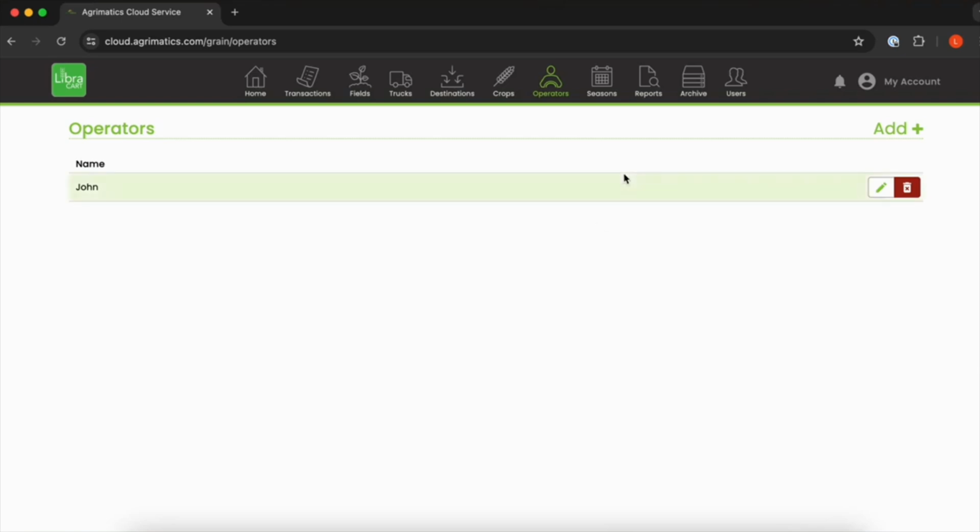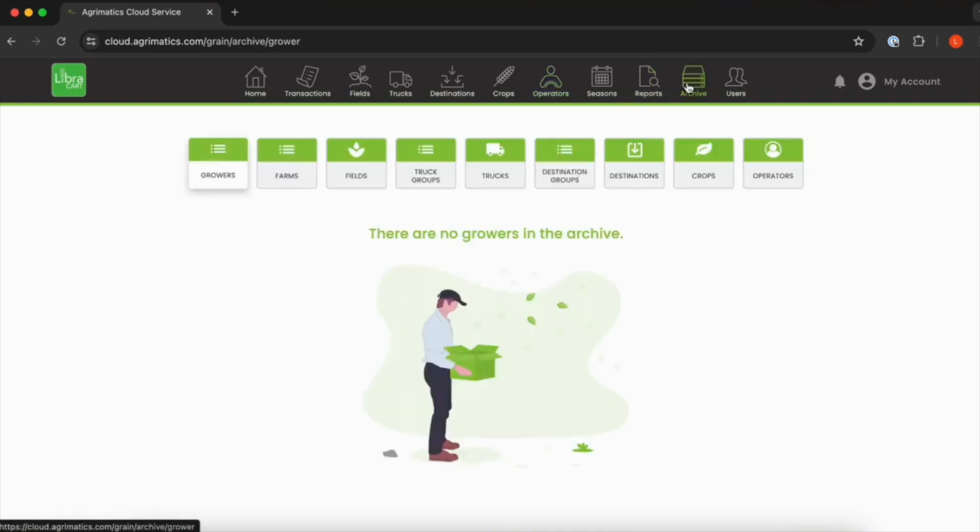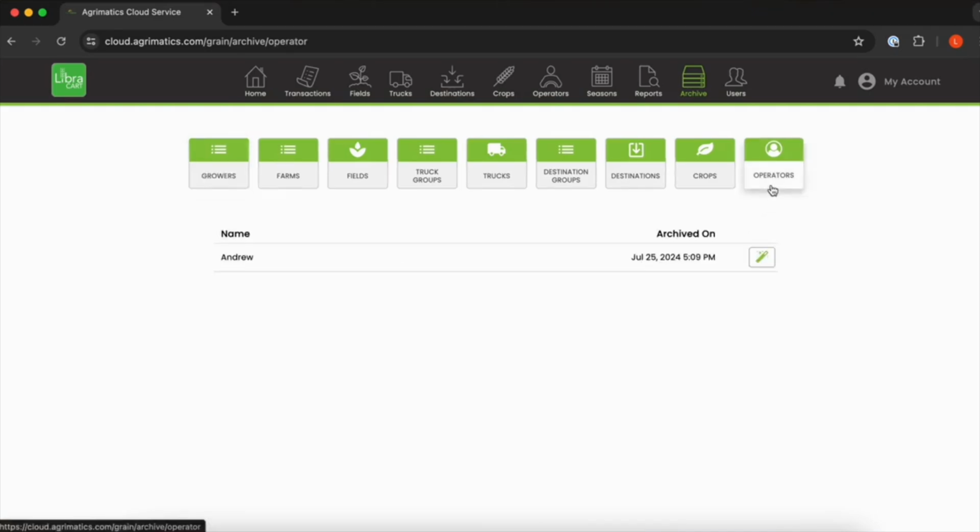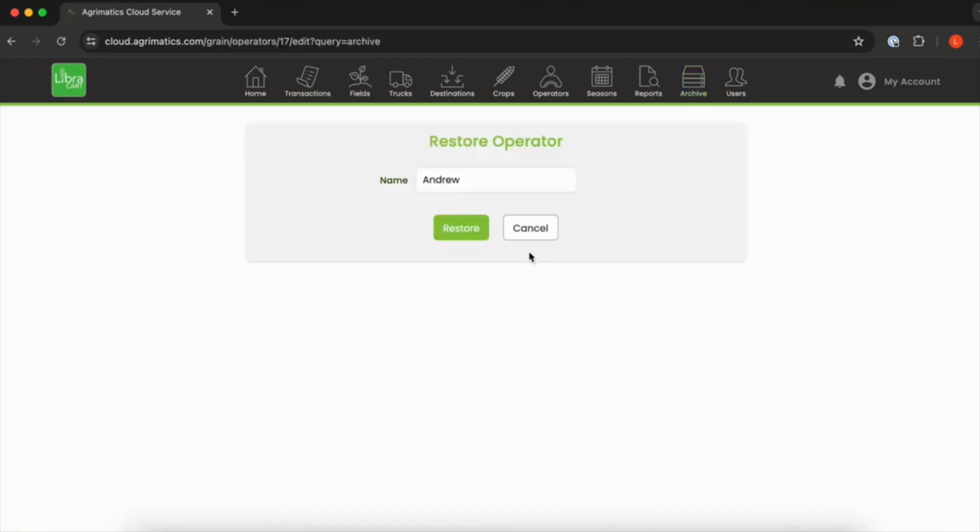we don't want to see him in the list and have to scroll past him every time we want to be changing operators or viewing them. But then, say our season goes by, and then next time we're out and about, oh, well, Andrew wants to come back, and I can say, oh, well, I had you already, so I've archived you because I didn't want you in our list. But then I can simply go into my archive here, find my operators, and go into